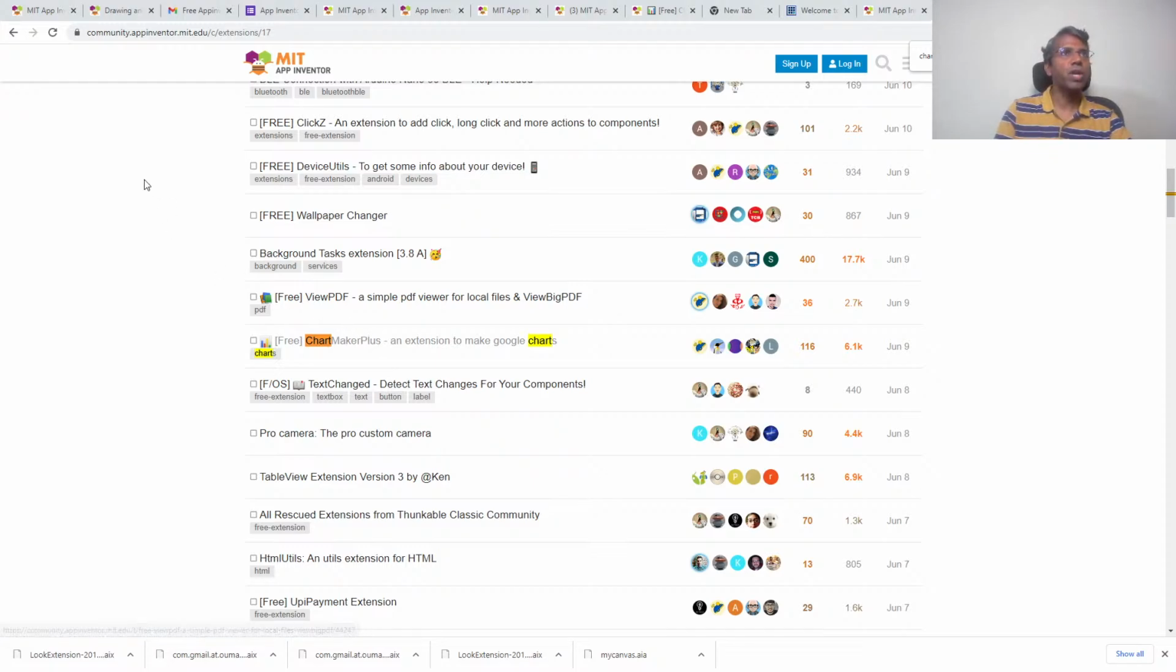We clicked on the community extension. We searched for community extension and we got this page. If you search for chart, oh, there is a simple PDF viewer. This one is a PDF viewer; you can view the PDFs. If you want to have your own kind of document management system where